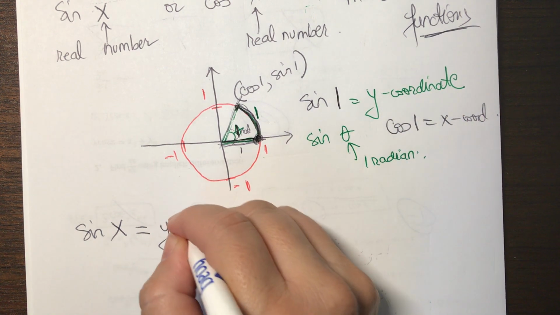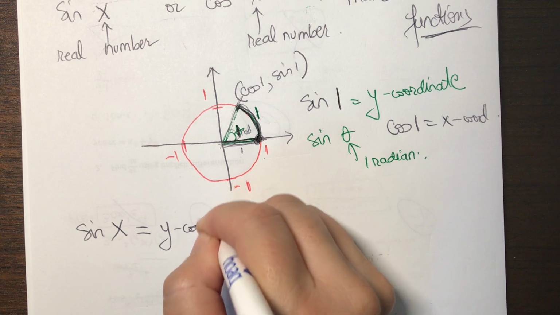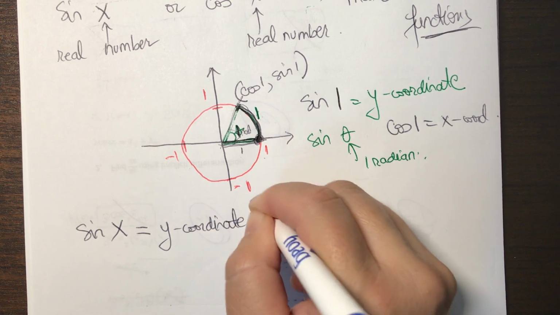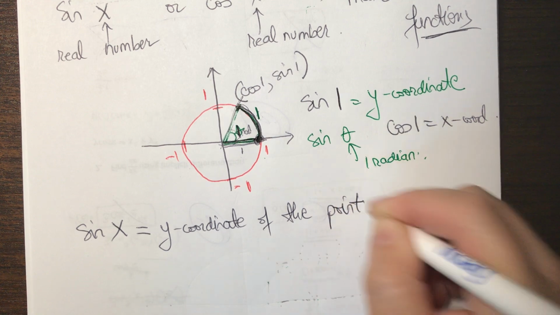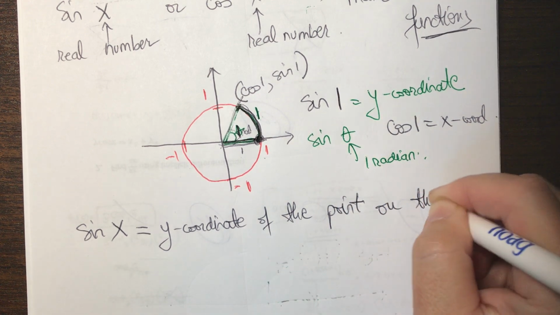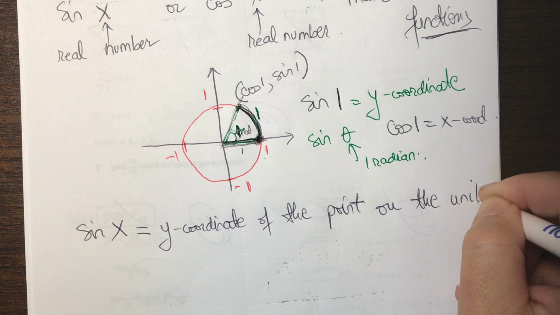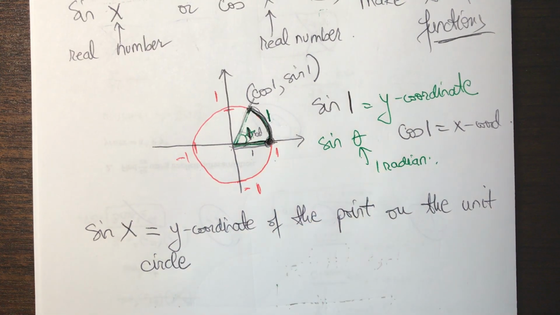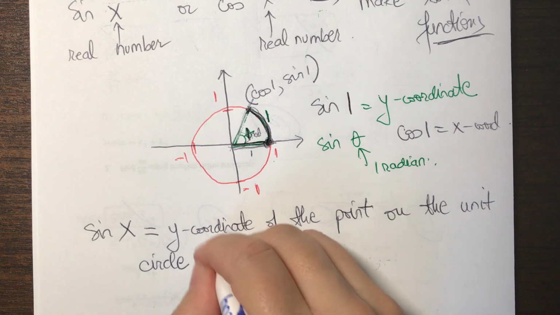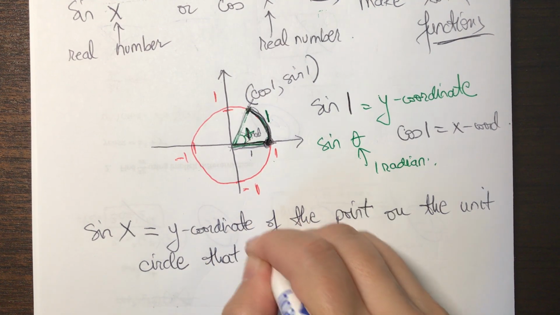The y coordinate of the point on the unit circle that is to be found